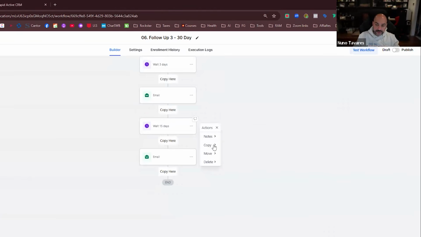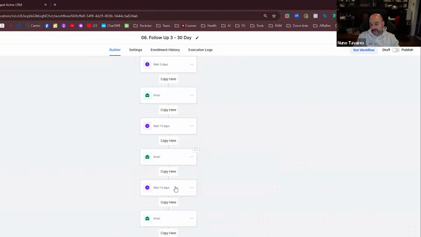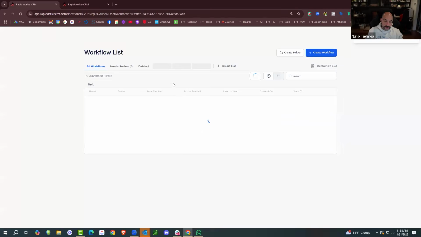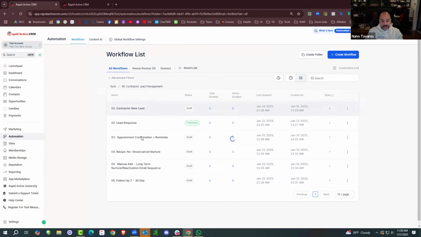And the last one is copy. Oh, let's try that again. Copy all actions from here. And then this is another 15 days afterwards, which completes the 30-day cycle. Save that. If you want to go a longer route, you take the same automation that you build right in here,